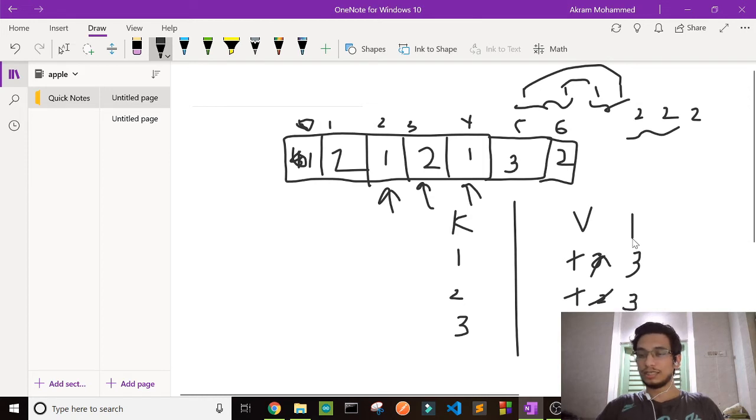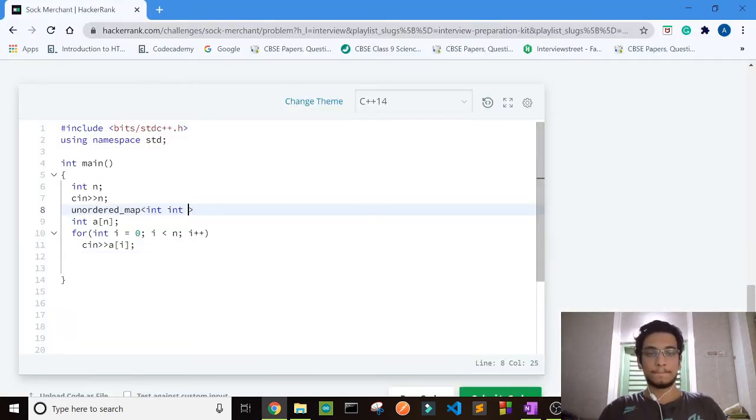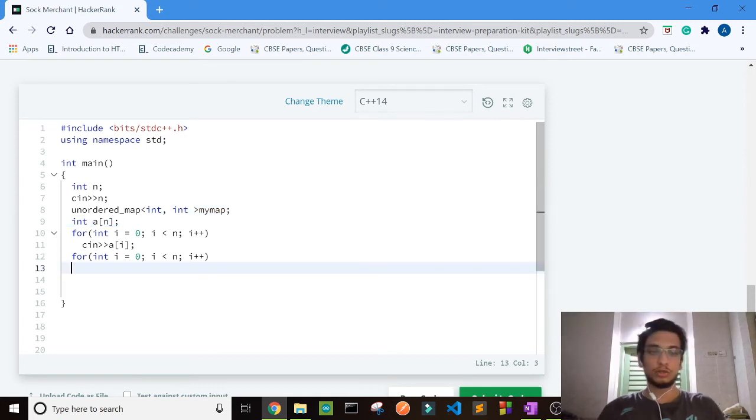And then we can take these values and we can divide them by 2, and we're going to add the result up. So how do you do that in code? So first we declare our map, which means my key is going to be an integer, my value is also going to be an integer. And now we're going to loop through the array and we're going to add values into our map. So how we do that is we just do my map of a of I